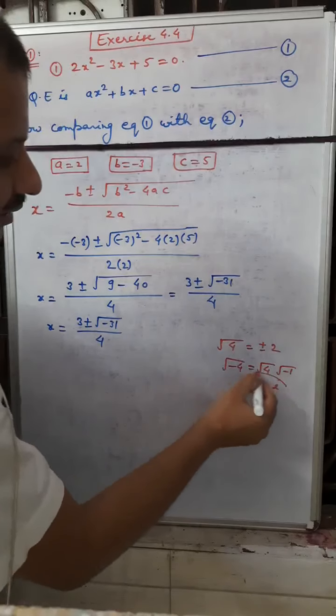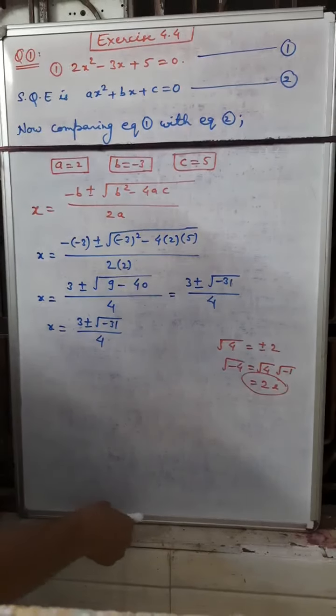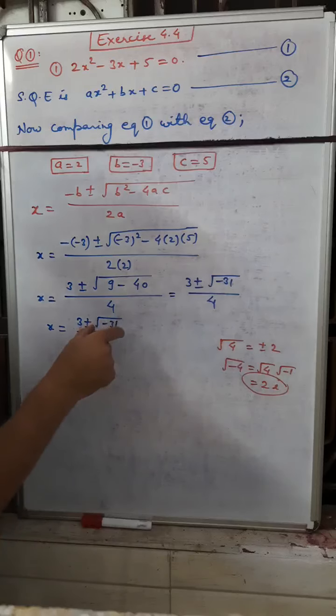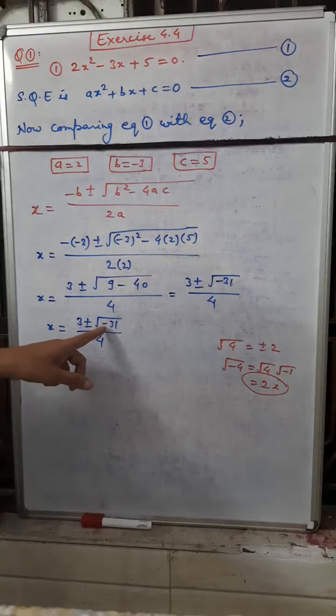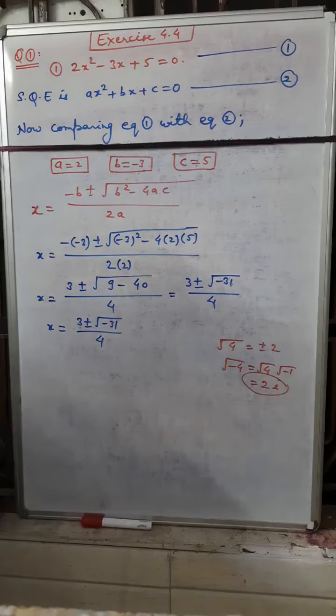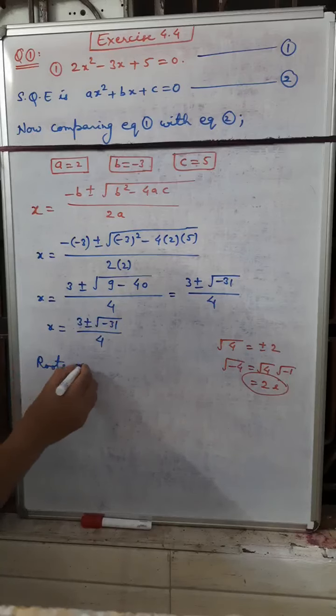So i is an imaginary number. Such a condition can be created if we find the value of under root minus 31. So here we will write roots are not real,